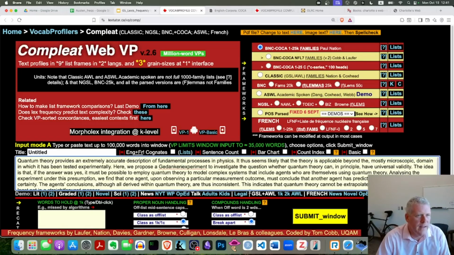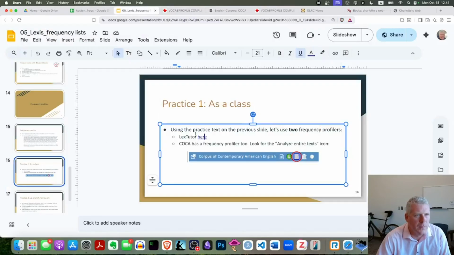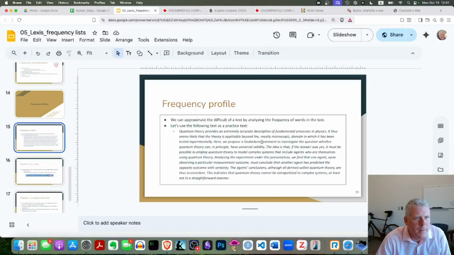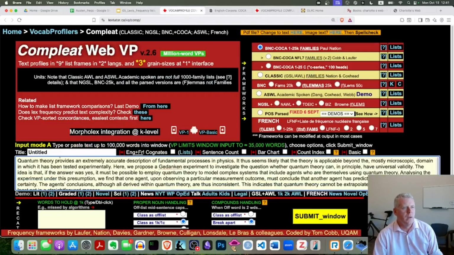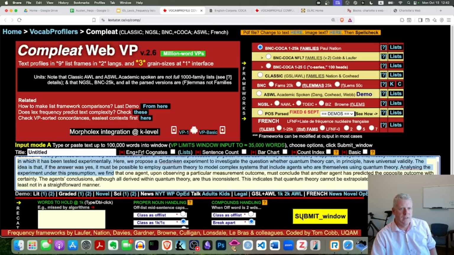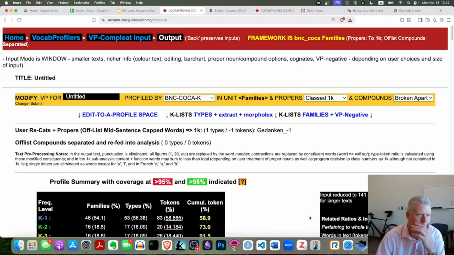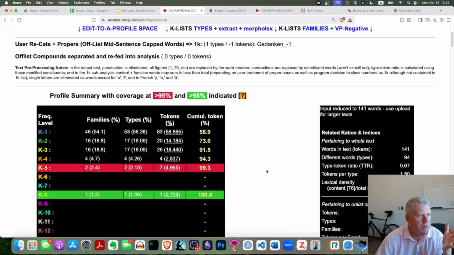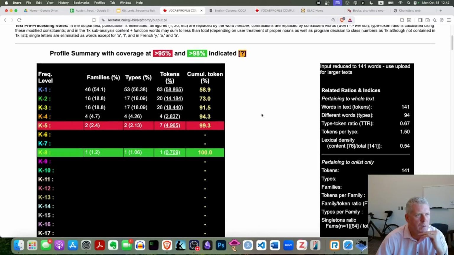Now I'm seeing that last name and experiment are mashed together. Let's real quick see if we can solve that problem. Why is that? Oh, it is mashed together in my slide. That's an error. Okay, so I have my quantum theory paragraph in here. Good. And I'm going to click on the Submit Window, the yellow button in the bottom right of my screen. Okay, we have some results here. Let's jump down here. Profile summary with coverage at 95%. Okay, so what we see is